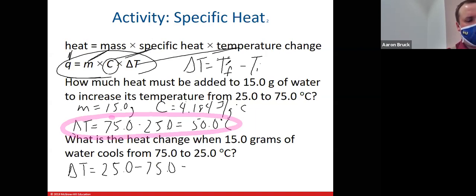My delta T in this case would be negative 50.0 degrees,